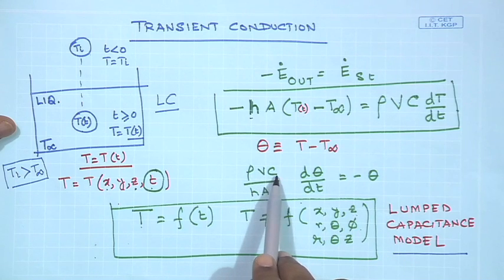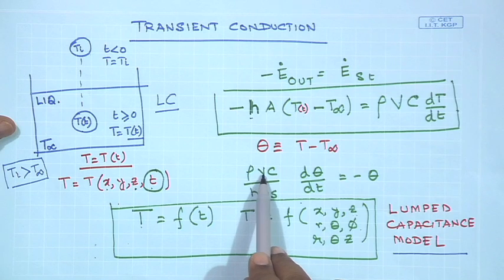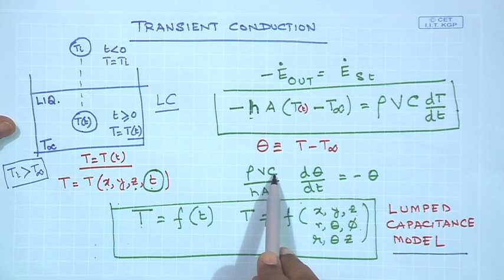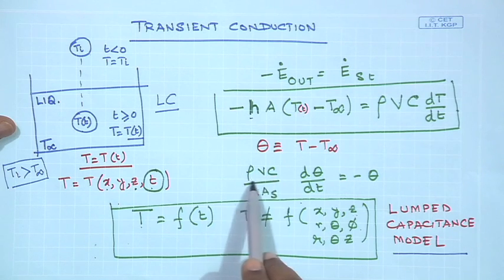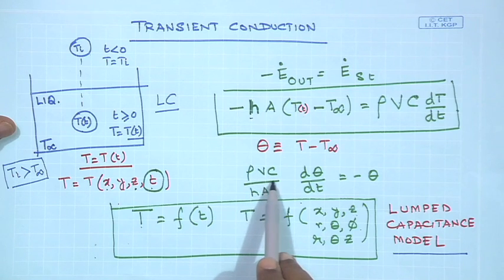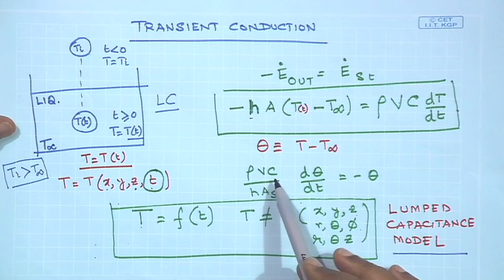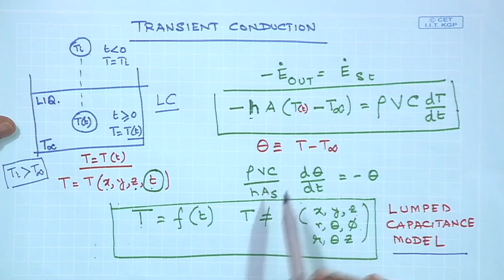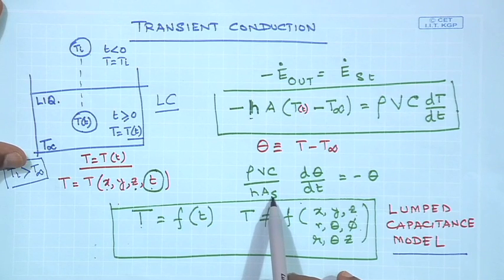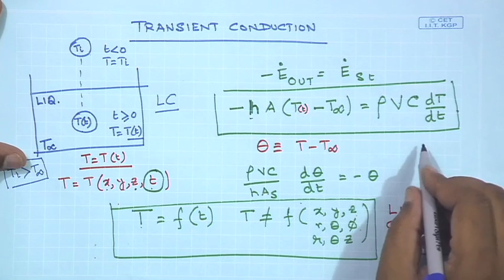rho V C by h A s. Now, if you see this rho V C, it is some sort of a thermal capacity of the system. Rho times V is mass, mass times heat capacity. So, this is the thermal capacity of the solid in terms of the energy that it can store, whereas 1 by h A s is the resistance, because from Newton's